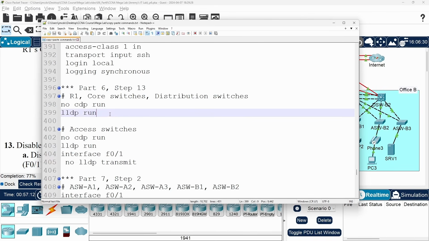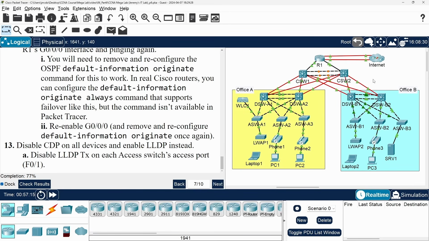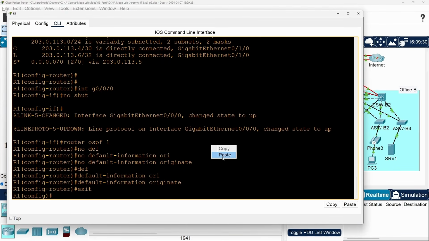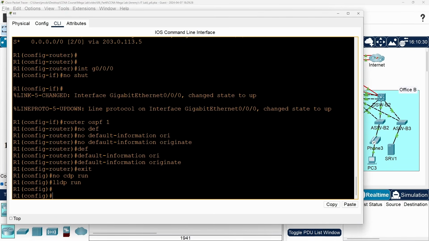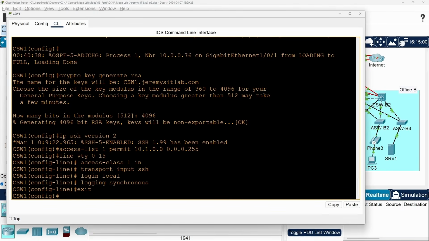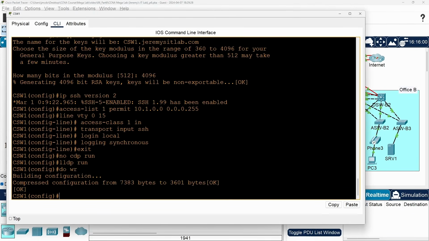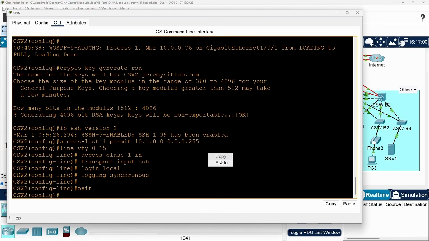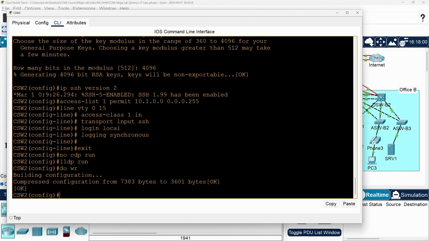So I'll copy these commands for R1 and the core and distribution switches. And let's go on R1 now. Right-click, paste, and since this is the final step for this part of the lab, I'll use do write to save the config. Then C-switch 1. Right-click, paste, do write. And C-switch 2. Right-click, paste, do write.